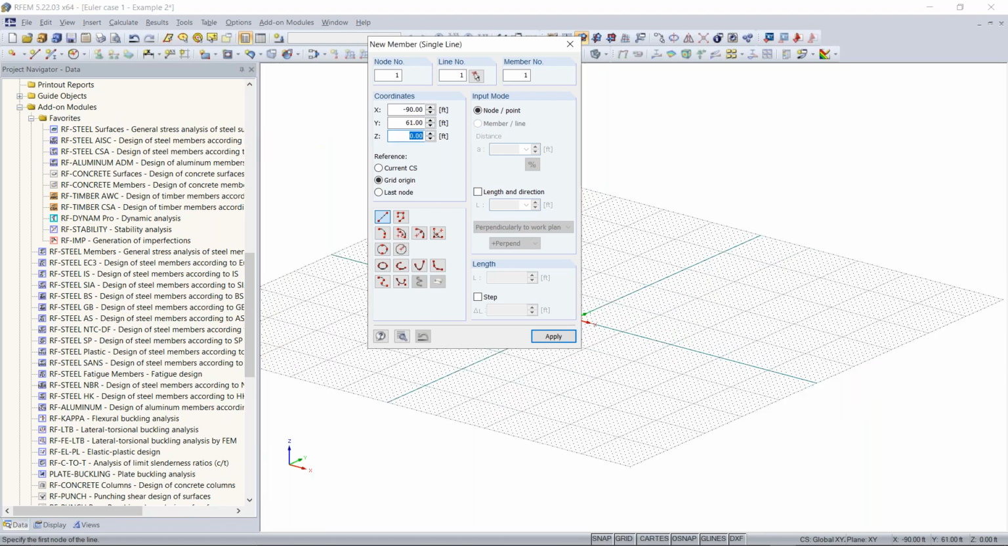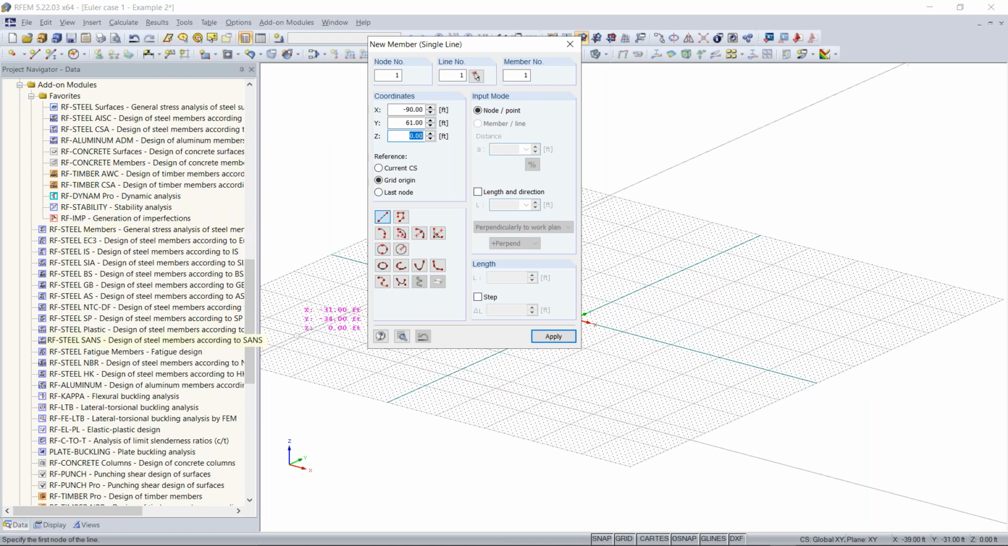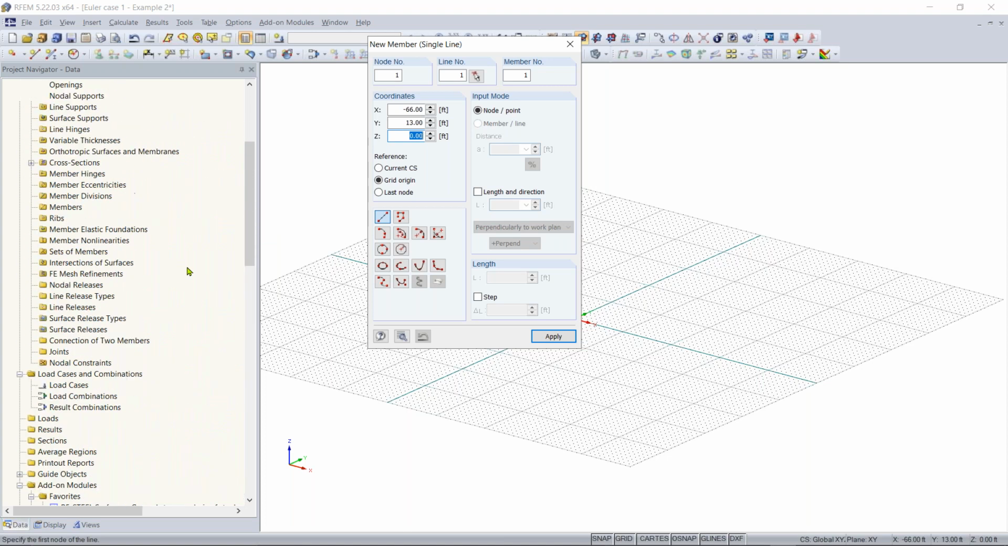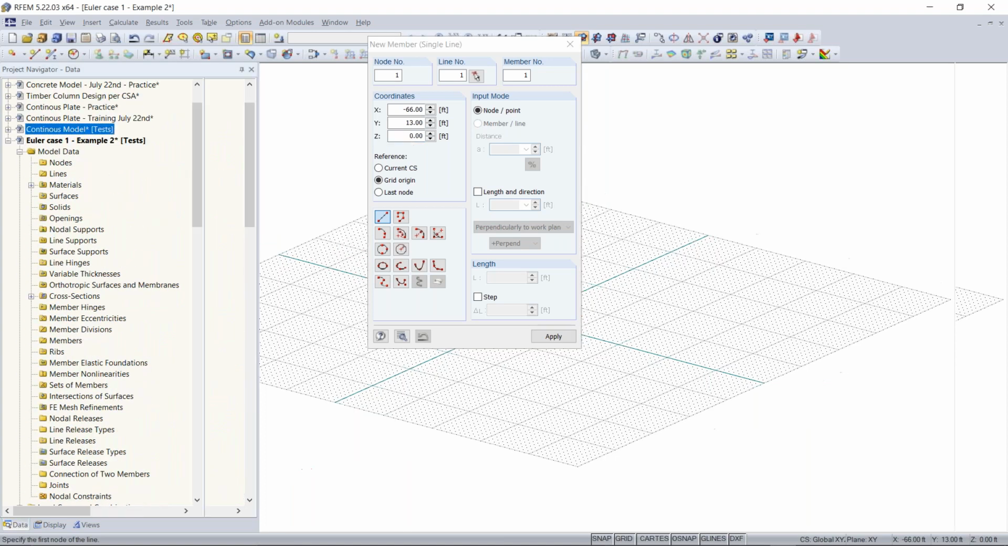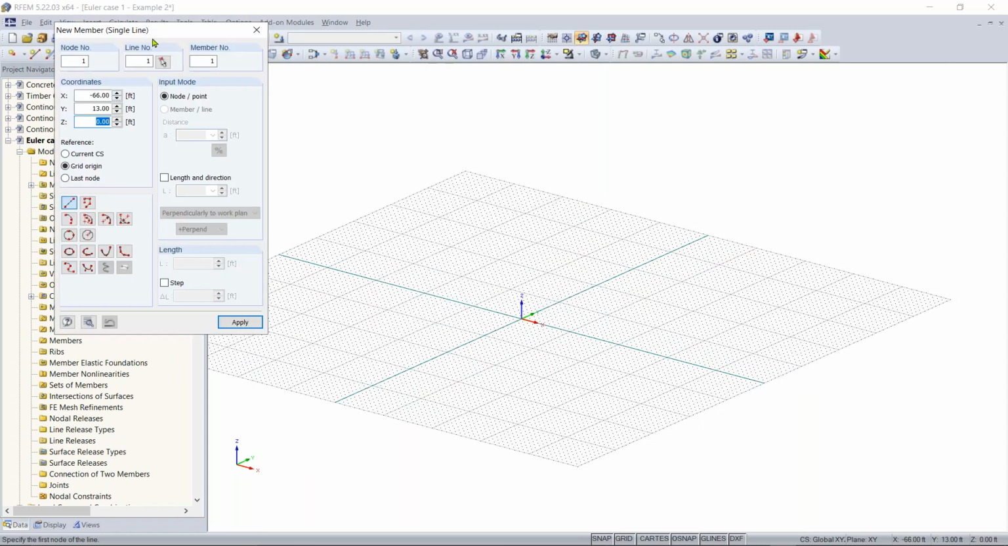So then, like she said, I'm not going to get into any of these today, but within this example, I will get into the RF-STABILITY add-on module. That's not per any design code, but we will get to see at least how the add-on modules work within RFEM. So I'm going to continue creating this member, and let's say I want to create this member